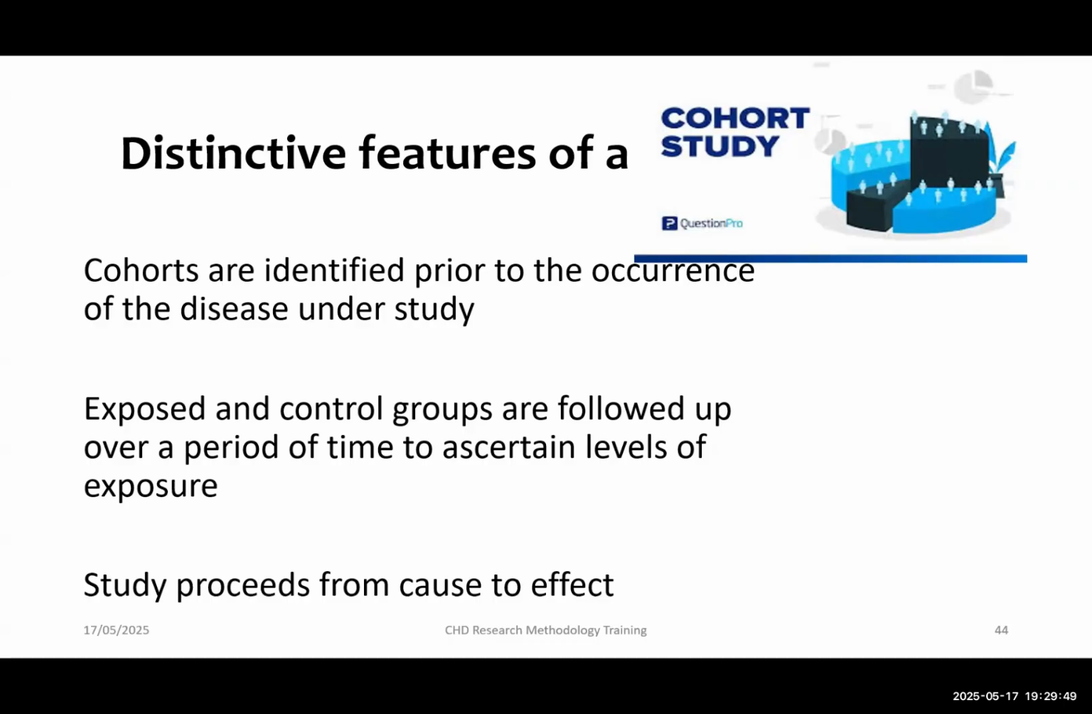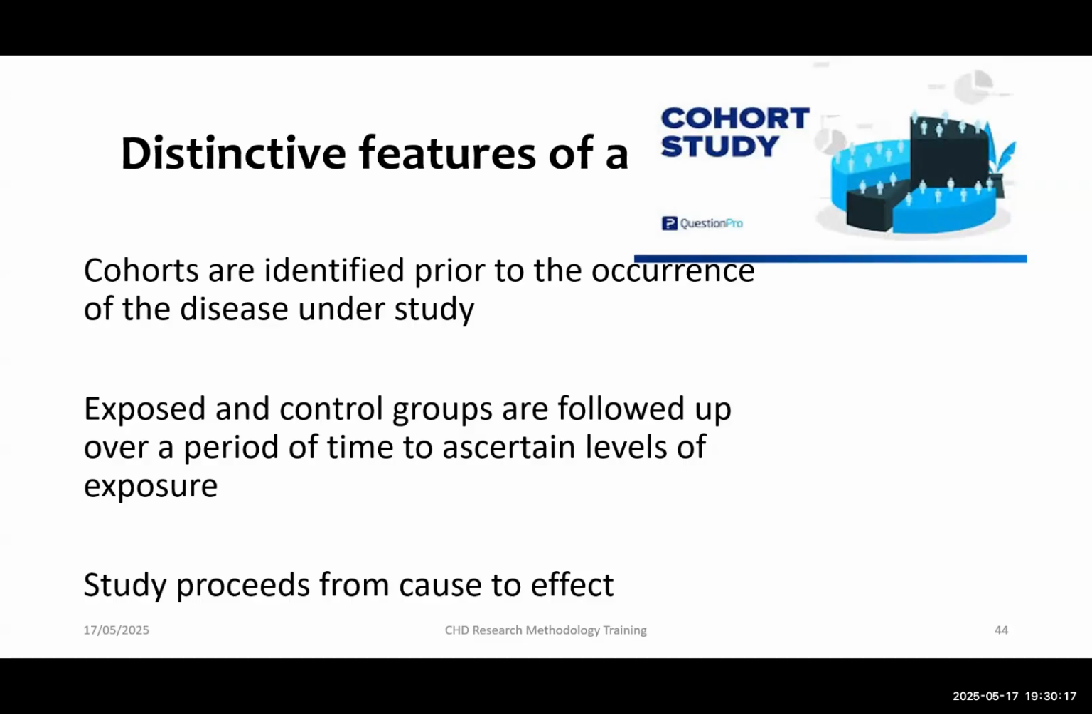And then you follow them up over a period of time to determine, among those who were exposed, what proportion will come down with the disease, and among those who were not exposed, what proportion would also come down with the disease. And because this is showing you temporality, it's showing you that exposure must occur before the outcome,